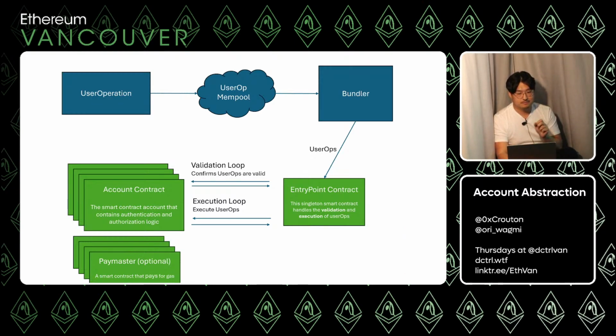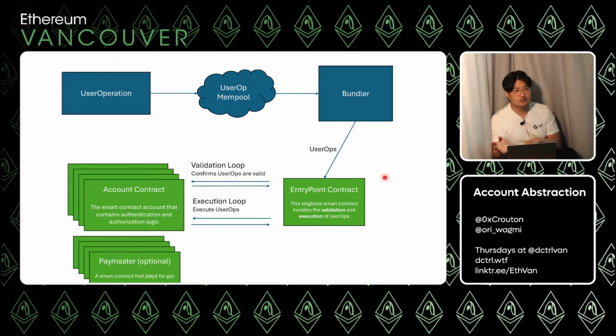When that happens, the entry point contract will essentially do two loops. It'll do a validation loop and an execution loop. And this is how we're getting the separation of validation and authorization from the execution part. So the entry point contract will go through each user op. Let's say there's a group of 3 user ops. We'll take the first one, and it'll call the appropriate smart account contract and call validate. Will this actually work? And then it'll get back, yes, it will, and maybe it'll do some gas stuff. And then it'll take the second operation, call the appropriate account contract there, validate, that's good. Take the third one, it's all good.